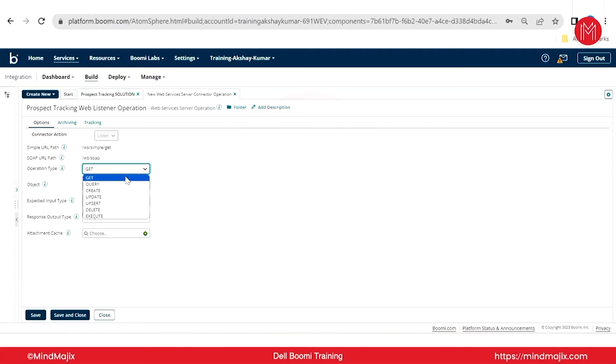But coming to the post request, if I want to load data into Salesforce or update any data in Salesforce, then I'll be using the post call. So now the operation we are doing is a loading part. In this case, we are going to use the post method. But here also, to create any API from the Boomi side,